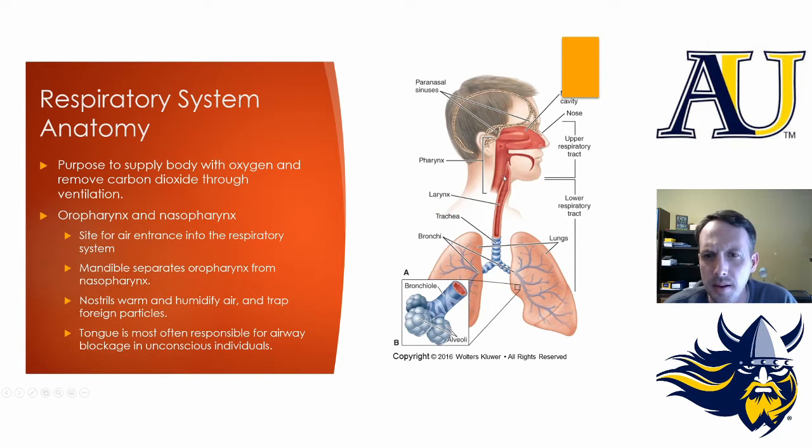But when we get down here to the epiglottis, that's where we have the possibility of air diverging into the esophagus. And so once we get past this area, either from the nasopharynx or the oropharynx, and into the trachea,